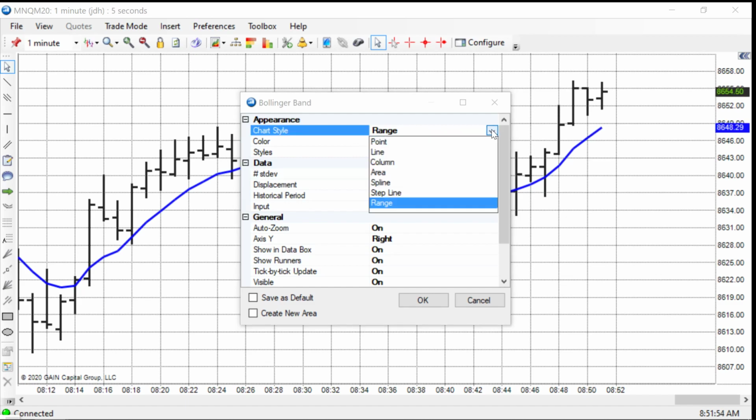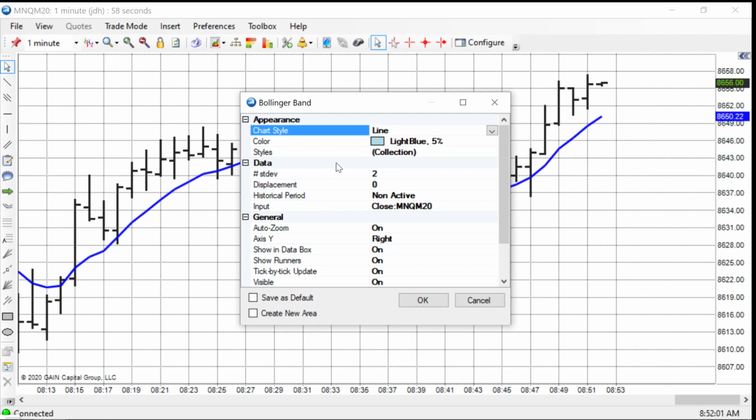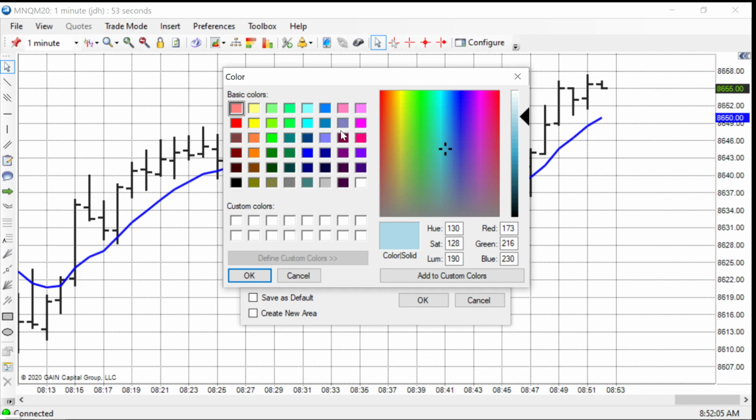I like the line type Bollinger Bands, so we'll choose a line, and I change the color. I like this color of gray in this selection up here, or it's kind of a blue-gray color, but you can use anything that you like, and generally I like that color just to show the boundary lines of the Bollinger Band, the upper and lower lines. So I'll hit OK,